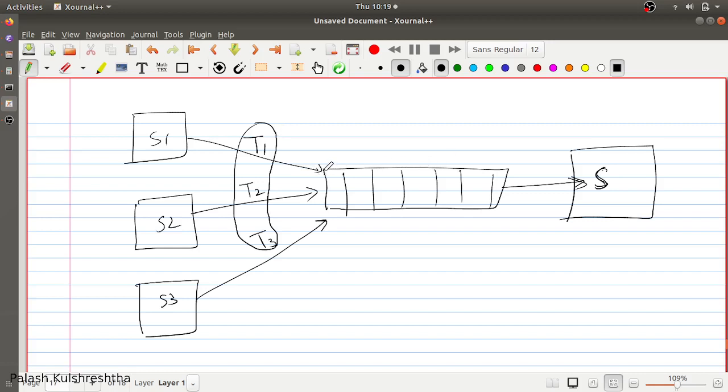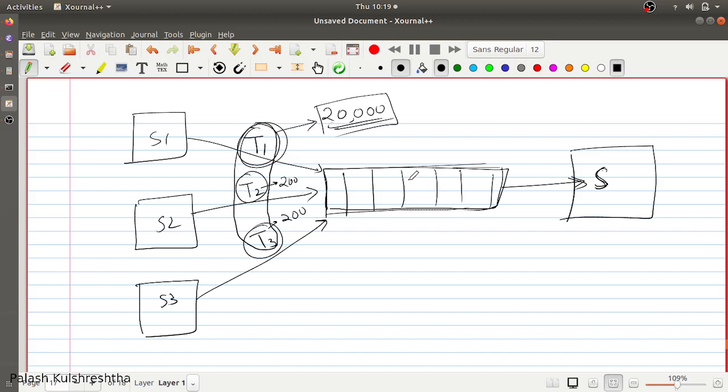But since you are using a single queue, if any of the types of messages starts increasing, for example, let's say there are 20,000 messages from this service S1 or type T1, and there are only 200 messages each from type T2 and type T3, the processing of these messages is going to create a delay in processing for T2 and T3.